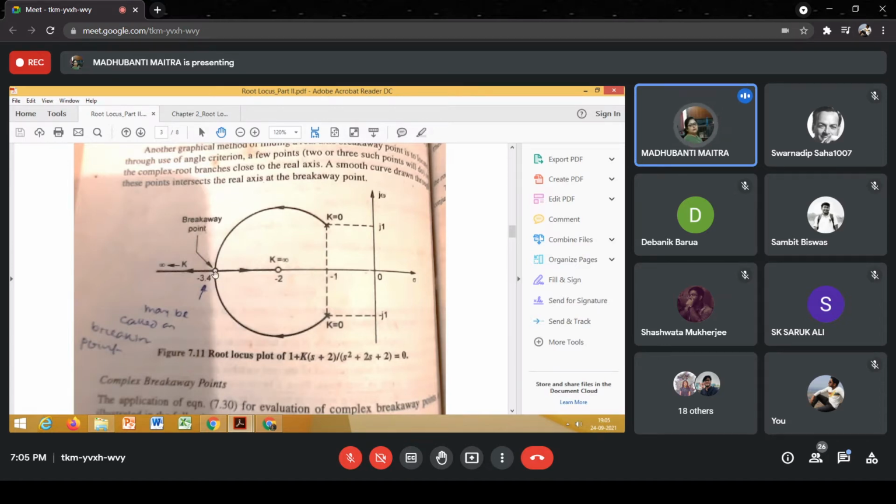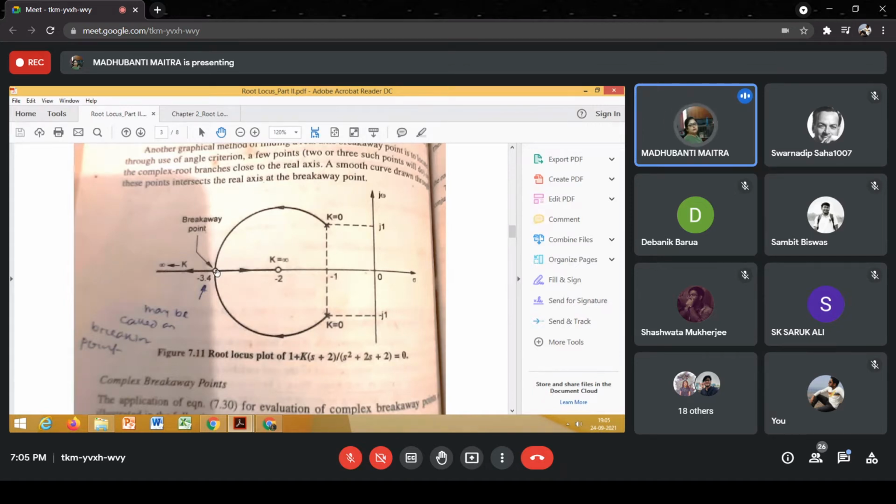And at this point, if you solve for the breakaway point, you'll find that at this particular point, multiple roots or two roots of the characteristic equation will occur, and hence it's generally called breakaway point. But to be more precise, actually this point is called break-in point. Why? Because here you see two complex conjugate root branches are approaching each other, and they are meeting at a point on the real axis, and